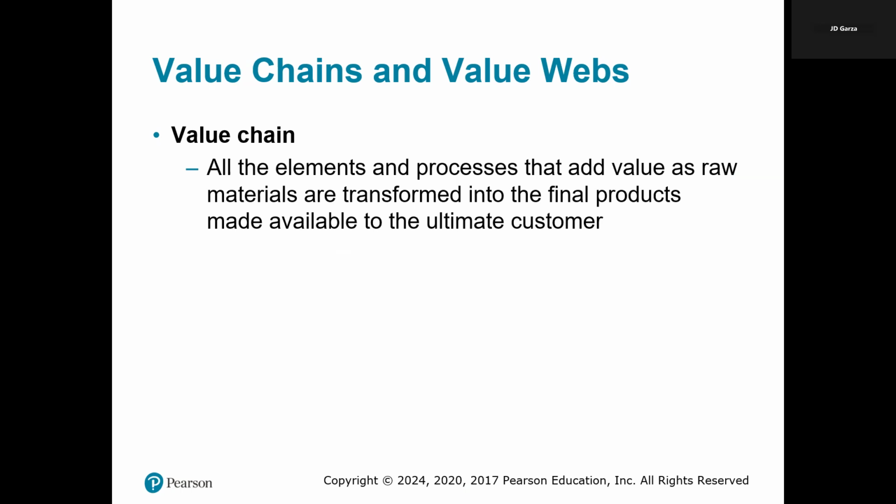Now, an example here, let's just imagine a coffee company. The inbound logistics, this is where the company sources coffee beans, let's just say from farms, ensuring the quality and timely delivery. The operations, this is where the beans are roasted, ground, even packaged at a processing facility. The outbound logistics, this is where the finished coffee products are now shipped to retail stores and even supermarkets. Marketing and sales.